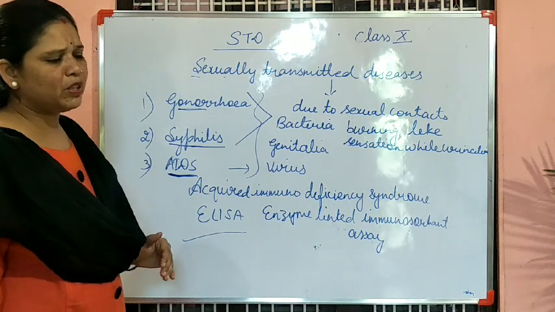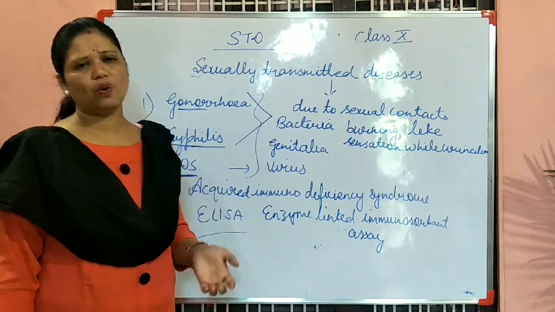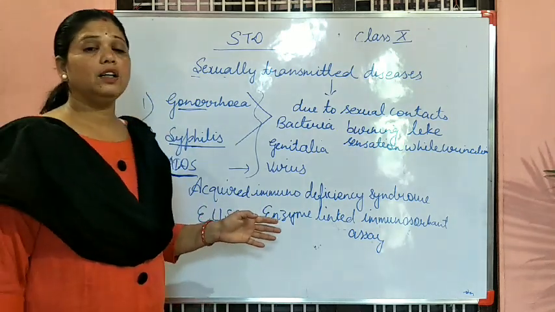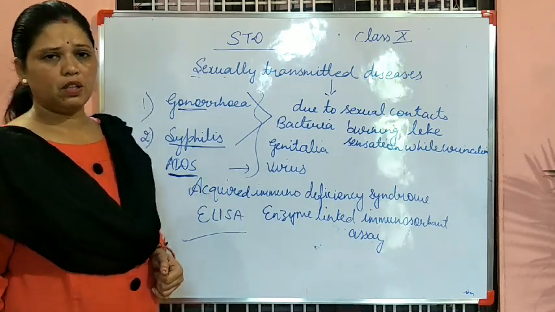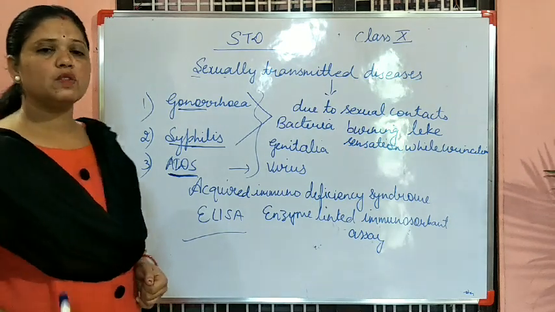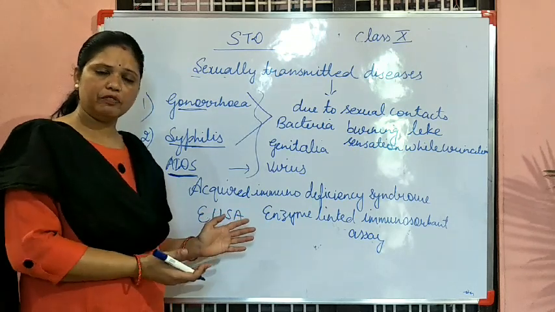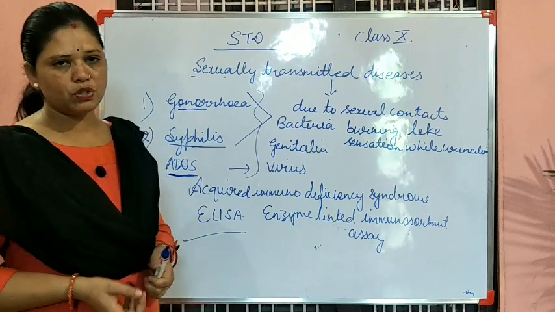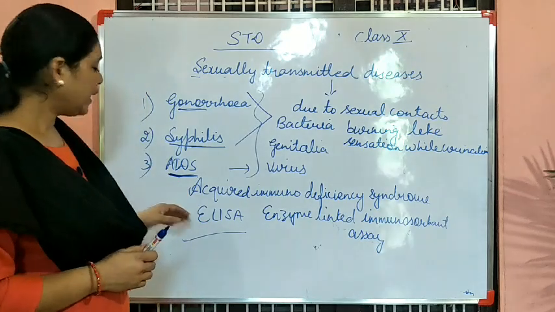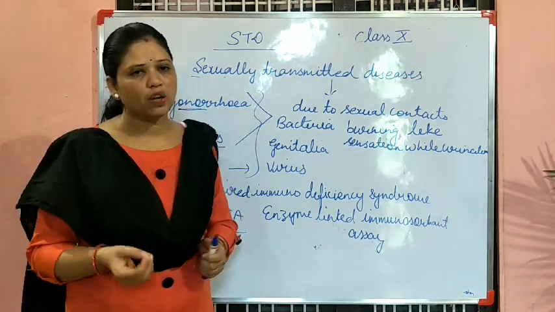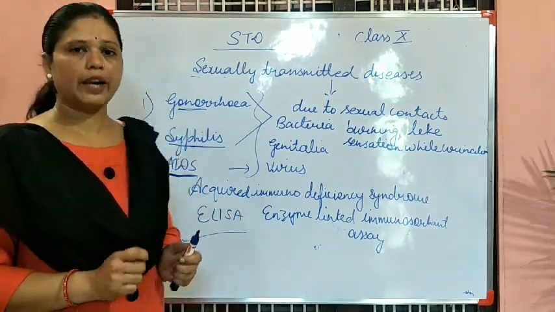First of all, symptoms. Common symptoms are loose motion, weakness, fever, loss of appetite. All are common symptoms of AIDS. And AIDS symptoms may appear after 10 years, after 12 years, not within 1 year or 6 months. That is why it is a very dangerous disease. It can be transferred from an infected to a healthy person through transfusion of blood and through sexual contact. And the same needle which is used for an AIDS patient can also cause the disease.